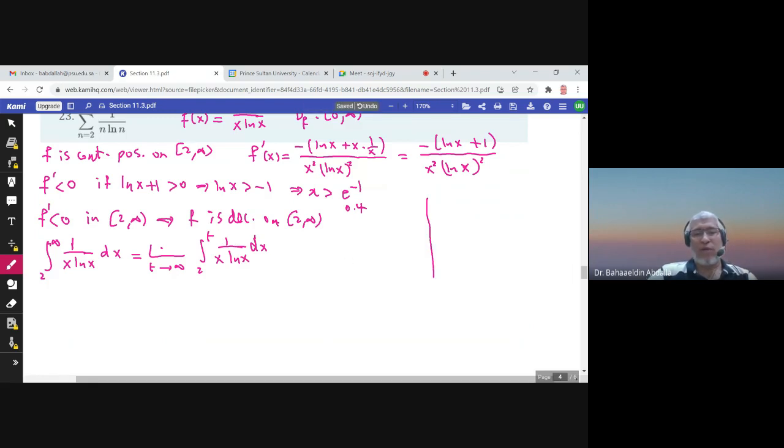How do we evaluate this integral? Well, if I take ln x as u, then 1 over x dx would be du. And then the indefinite integral would be du over u, since ln x is u. The integral is ln u,